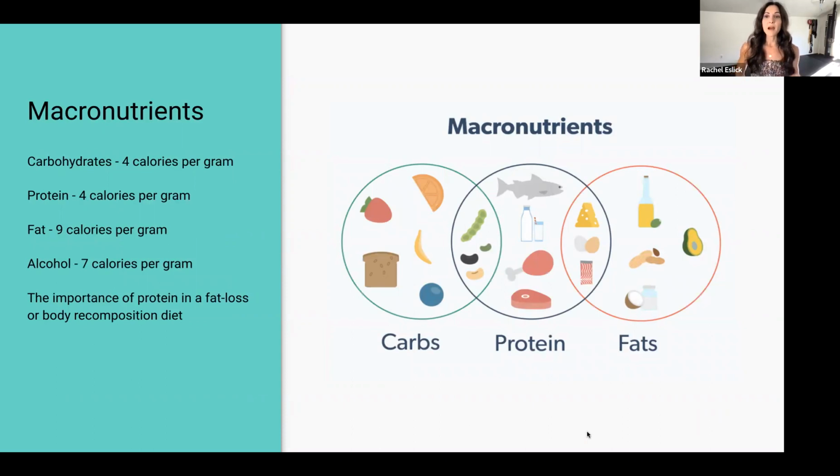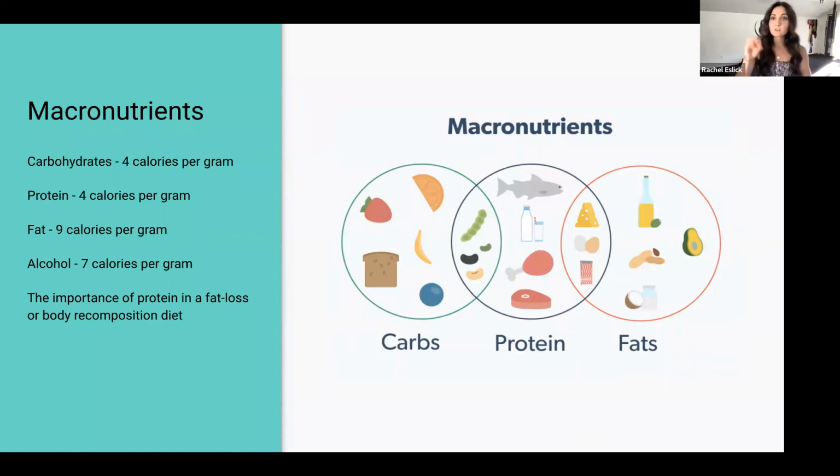Okay, let's talk a little bit about macronutrients. A calorie is just a unit. Say if something has 100 calories. So let's say this cereal right here, I didn't mean to have show and tell, but it's just here. Let's say this bag of cereal is 150 calories. That doesn't tell us anything about the macronutrients that are in this cereal. It's just 150 calories. But what macros, like what is the breakdown of this food?